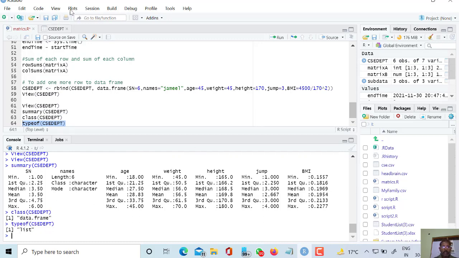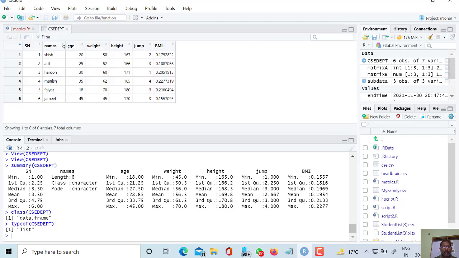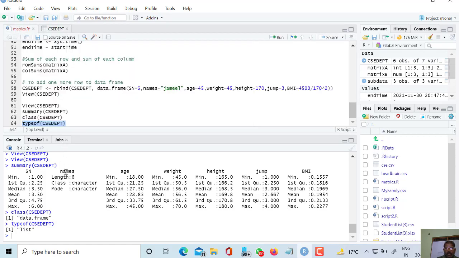It is of list type because there is a collection of different kinds of objects here. This is numeric, and this is character, and everything is numeric here. So it is a collection of different kinds of data types. I will explain data types tomorrow, and here I will only tell that a list is a collection of different kinds of data types, and therefore it is of type list.